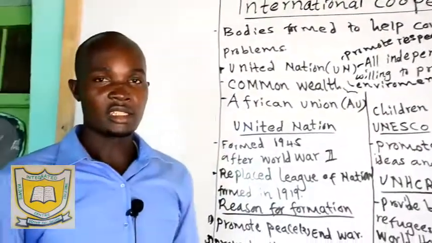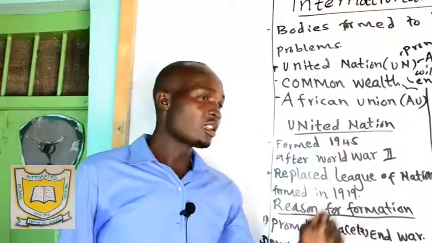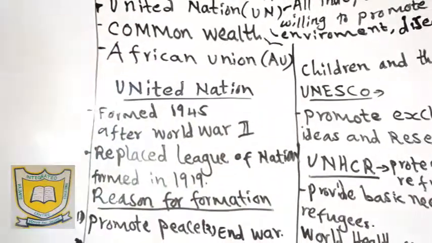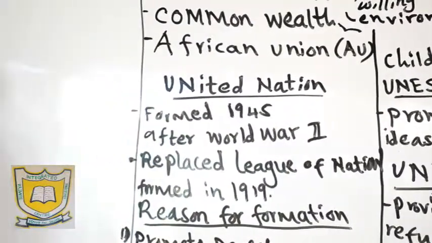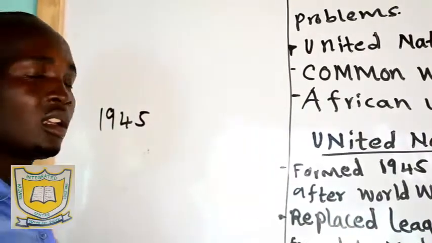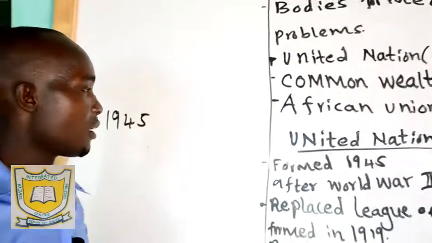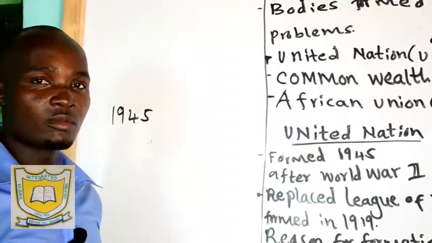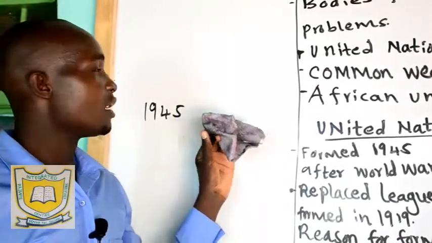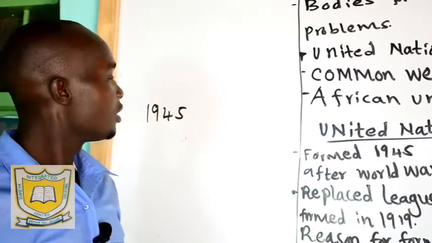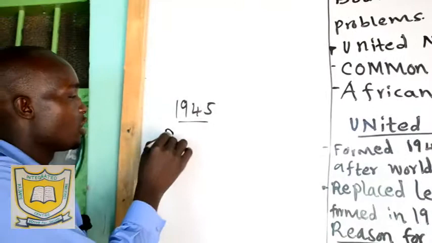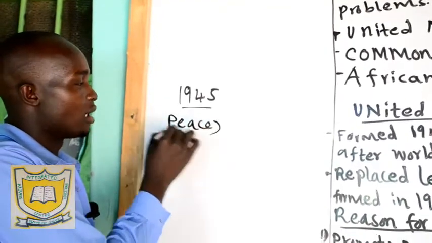So we shall start with what we call the United Nations. Now, the United Nations was formed in the year 1945 after the Second World War. We say that in 1945 there was an end of the Second World War, which was marked by the bombing of Japanese cities by the United States of America, by the bombs. Then the United Nations organization was formed mainly to bring peace in the world and prevent the outbreak of